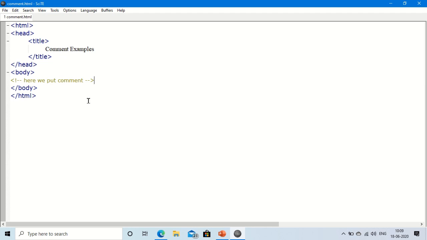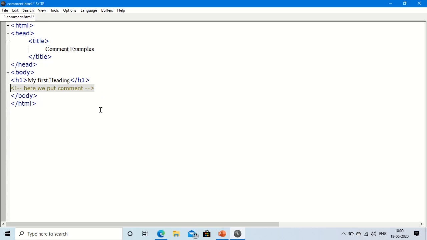You can see here the comments I have put. Suppose I want to explain here H1, my first heading. So you can see after saving and pressing F5, this comment section will not be displayed in the web browser.